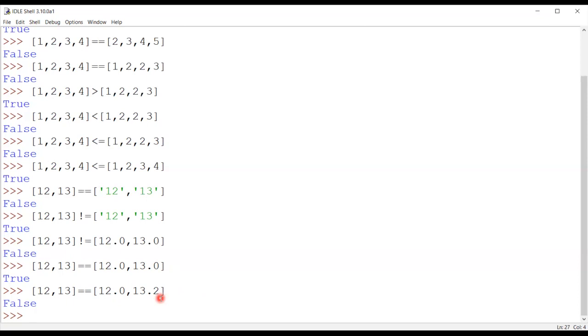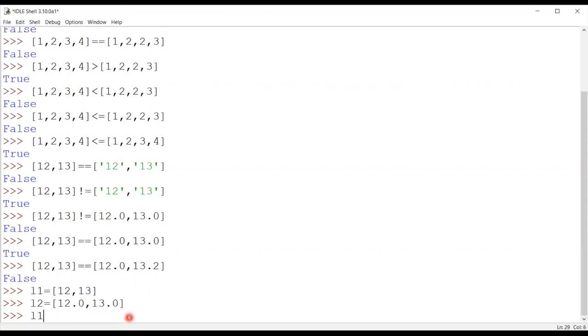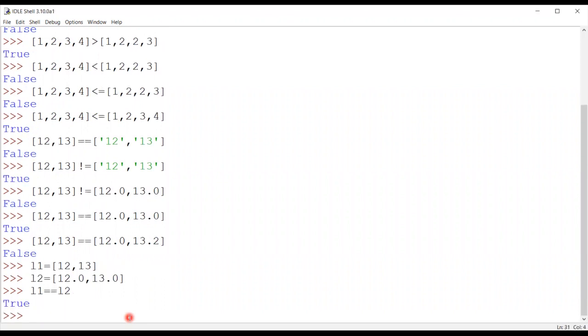In the PPT, I told you another way of comparing lists, and we can apply either way. Like I store my list this way also: L1, and L2 can contain 12.0 and 13.0. Now I can compare whether L1 is equal to L2 or not. So with the help of these variables we can make a comparison, or straightforwardly by writing the lists